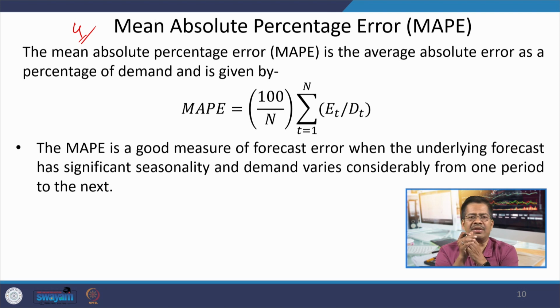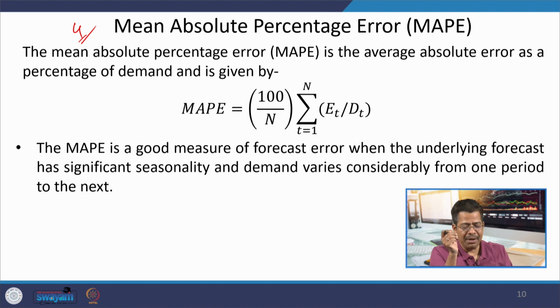Both these things, because as we know, alpha, beta, gamma are the smoothing constants we are using, and I said that the values may vary from 0.1 to 0.3. Now, which value is more suitable for my particular case, for my data? All these things, selection of model and selection of parameters, can be decided with the help of MAD and MAPE.